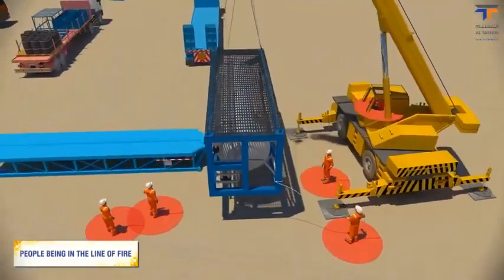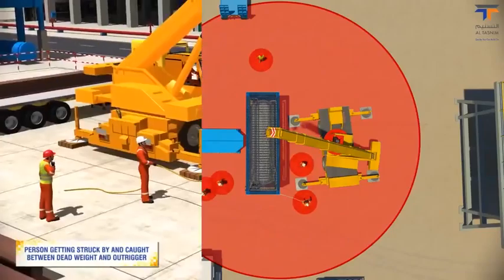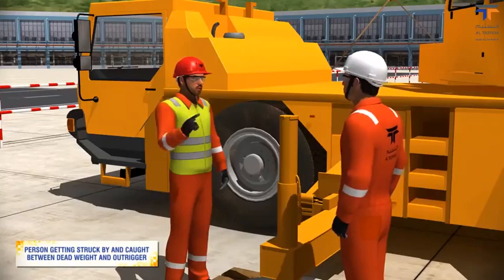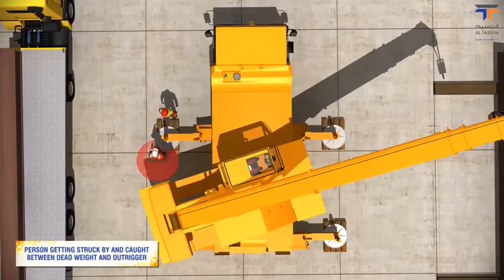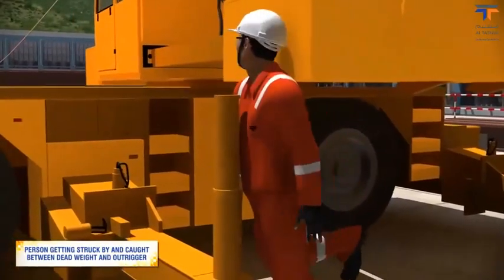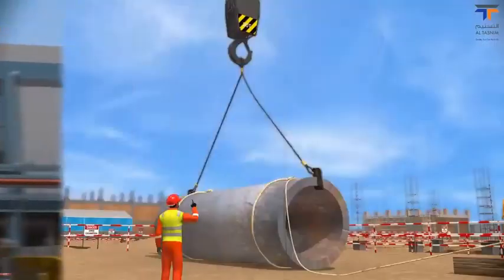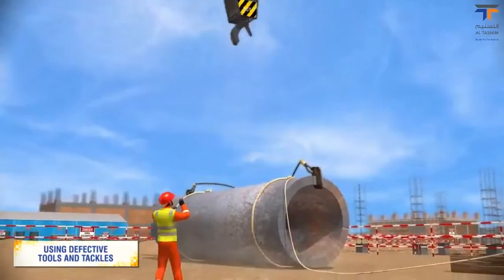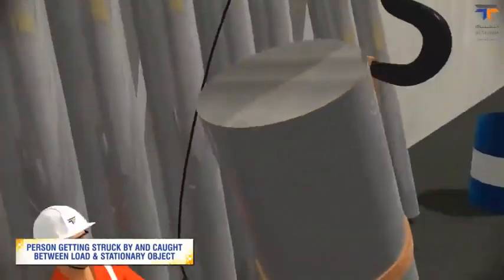people being in the line of fire, person getting struck by and caught between dead weight and outrigger, using defective tools and tackles, person getting struck by and caught between load and stationary object,